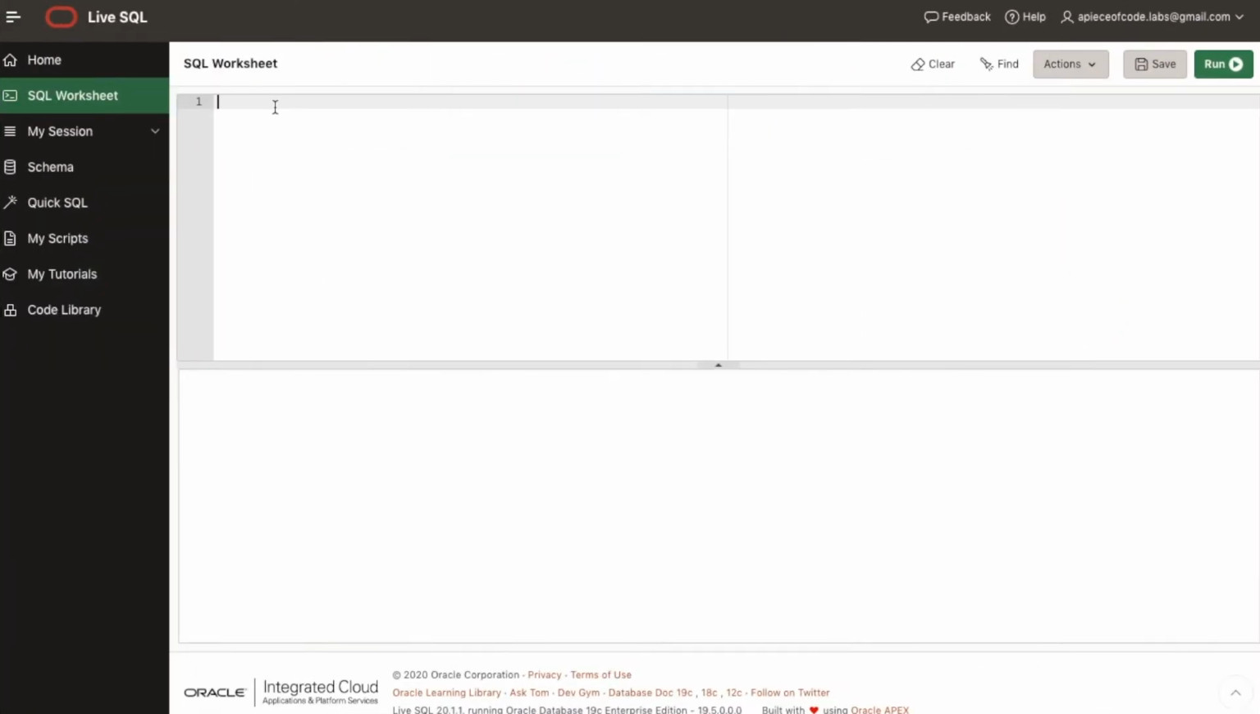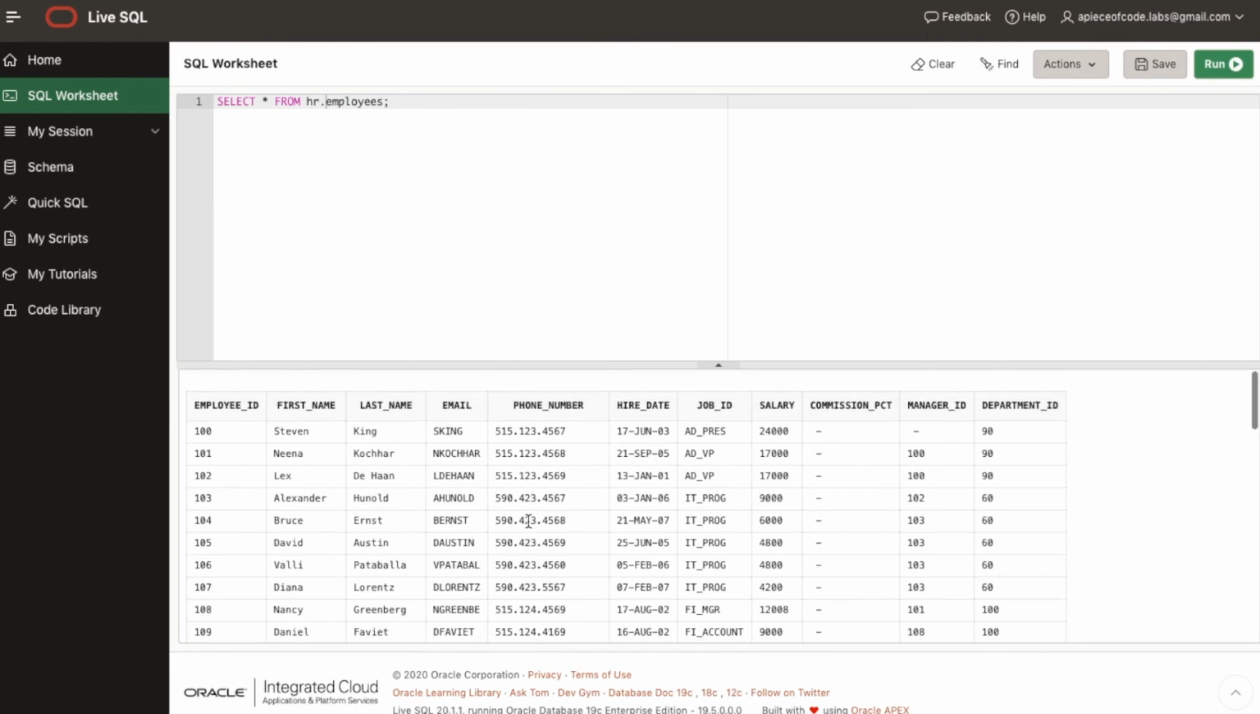I'll just write one statement, and I will retrieve the entire table so that I could see what we have. Okay, select. I want to select everything from employees. And then we need to specify HR. Okay, here you go. We have employee ID, first name, last name, and for example,